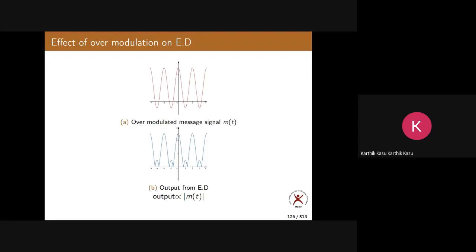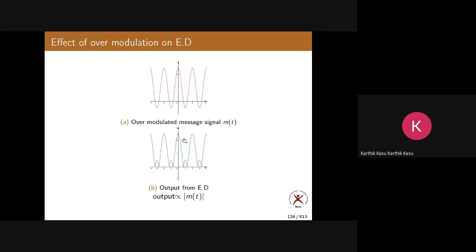Now, I told you one problem with ED is that it cannot demodulate whenever mu is more than 1. If mu is more than 1, what do we call it? We call it overmodulation, isn't it? Overmodulation. So in case of overmodulation, I told you already, this is your envelope, correct? It is becoming negative. Now, when you apply your overmodulated signal to the ED, this is the output you get. This is the envelope actually, but this is the output of the ED.